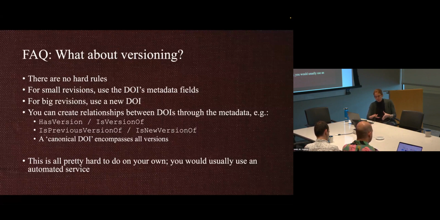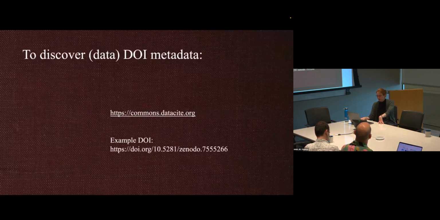So there are ways to do this. They're kind of obscure. Most people don't know about them. Most people don't know how to access DOI metadata. This would be something where a repository is talking to the DataCite API to get this metadata. So it's not really stuff you can do on your own. But if you do want to learn more about a DataCite DOI on your own, you can check out